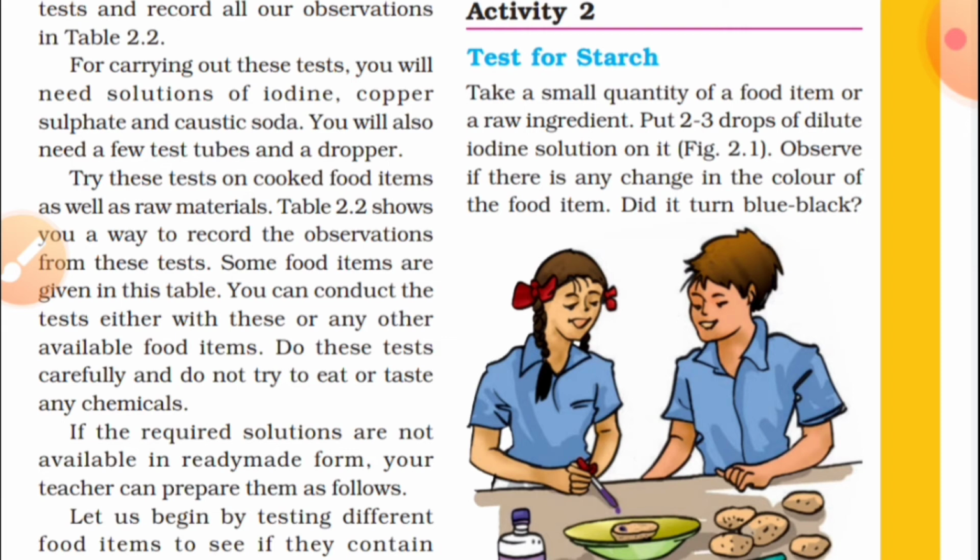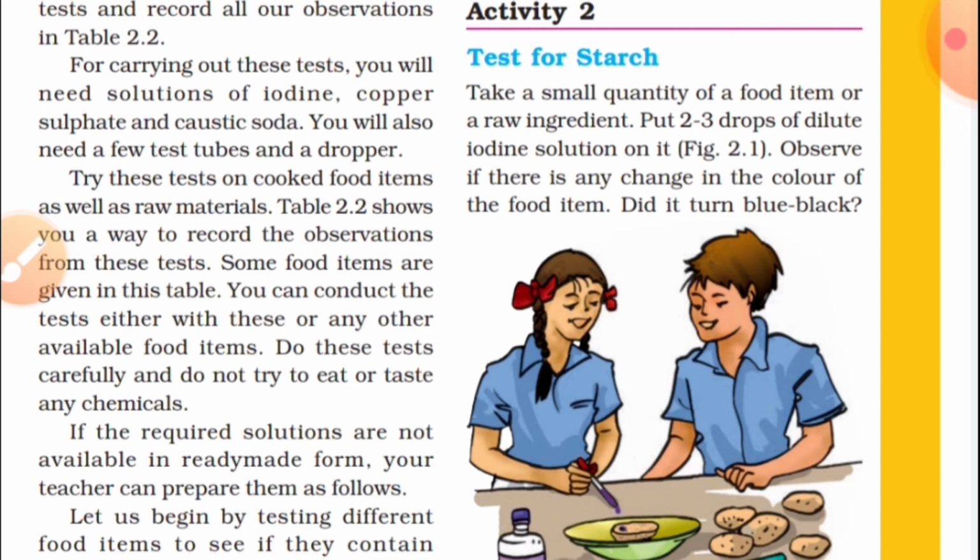Take a small quantity of a food item or a raw ingredient, here potatoes are taken. Then add 2 to 3 drops of dilute iodine solution on it. First you have to take a small quantity of a food item, such as sugar or potato. Here the 2 children have taken some potatoes and put them in a plate.